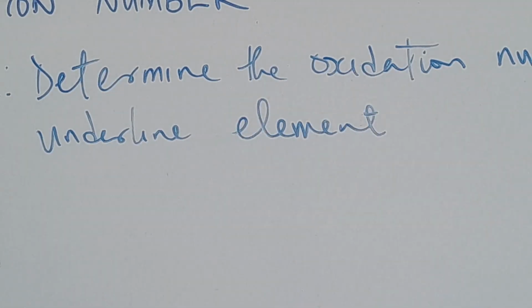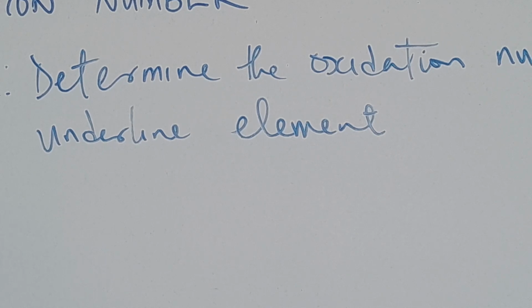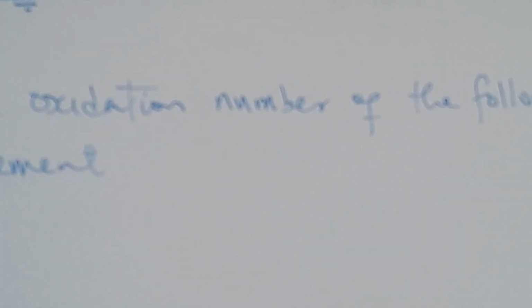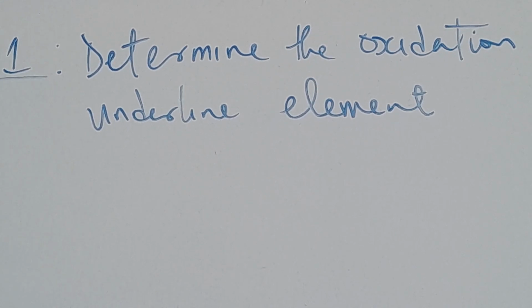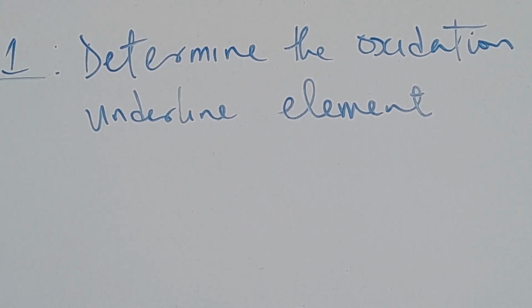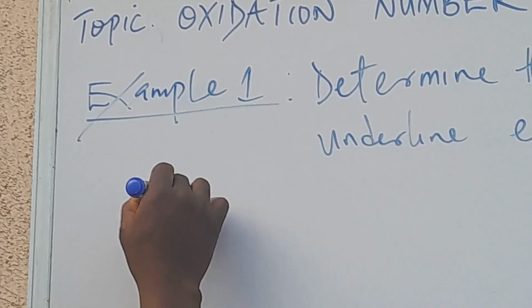An element is underlined if it's in a compound or in a radical. You just want to determine the oxidation state by making use of the set arbitrary rules. Example number 1, we have